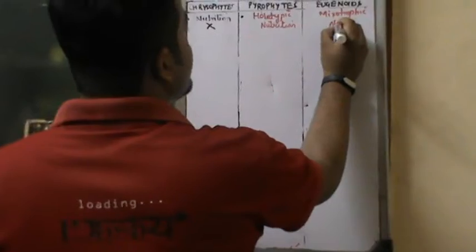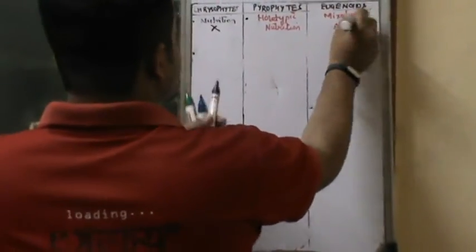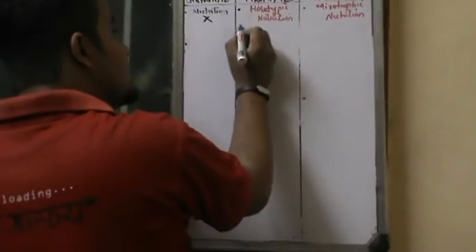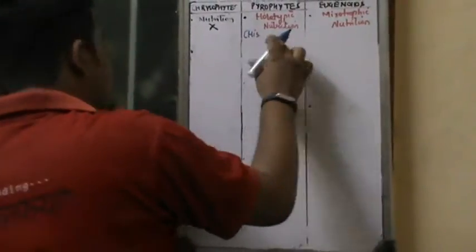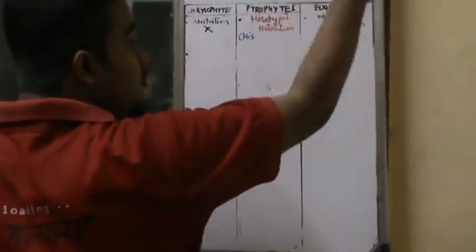If light is present, they will perform photosynthesis, and if light is not present, they will be like parasites or saprotrophs. Heterotrophic mode of nutrition is present. Holophytic mode of nutrition is present in these so-called pyrophytes. And always remember what I told you about histone proteins. Since holophytic nutrition is similar to plants, but plants are eukaryotes, these protistans are eukaryotes, so they will have histone protein and true chromosomes.